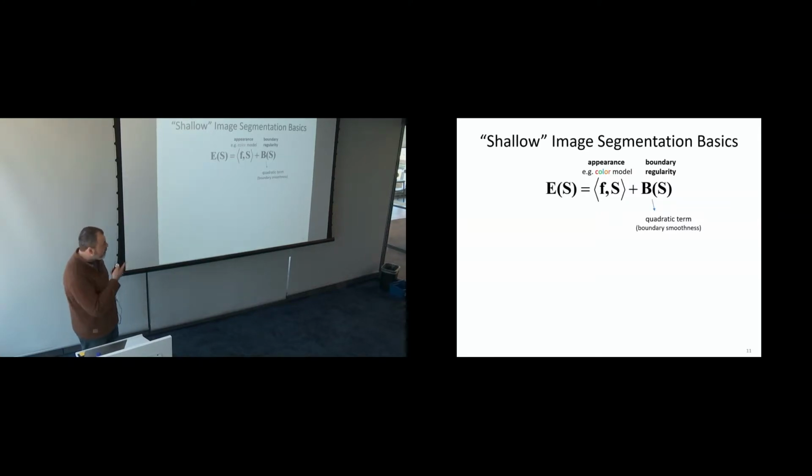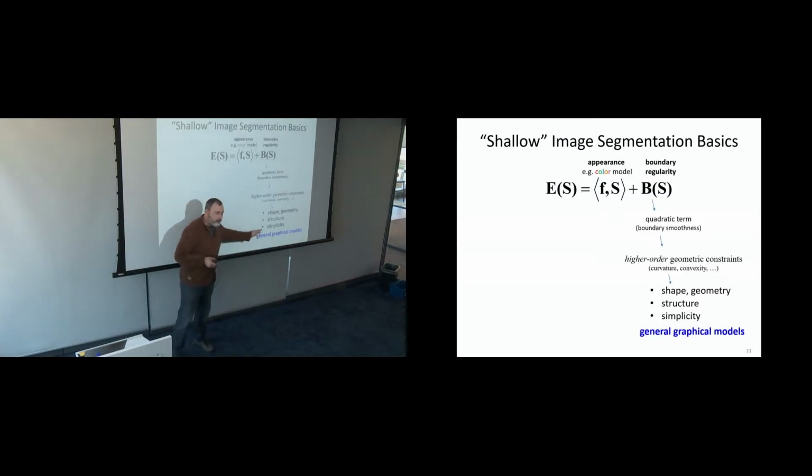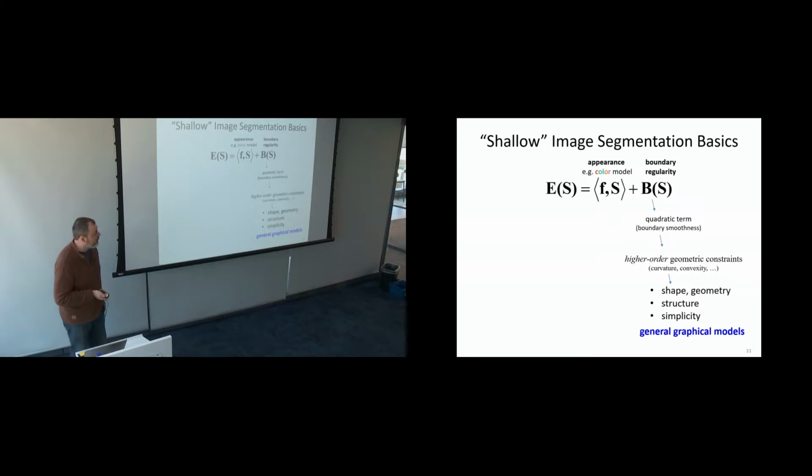You can think about this as a quadratic term, because it's a pairwise objective. You can go to high-order geometric constraints, and that's what a lot of research was focused on, how to represent high-order properties. That could be curvature, convexity of the shape, or topology of the shape, or lots of other properties. And this is kind of general work. Objective functions get progressively harder and harder to optimize. Okay, well, let's stop that direction.